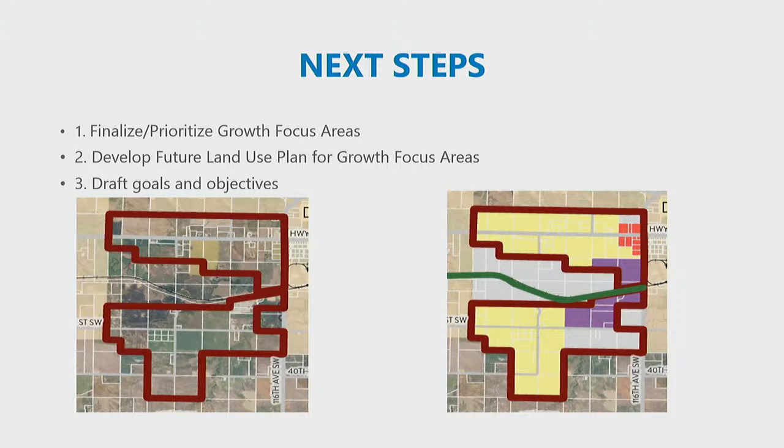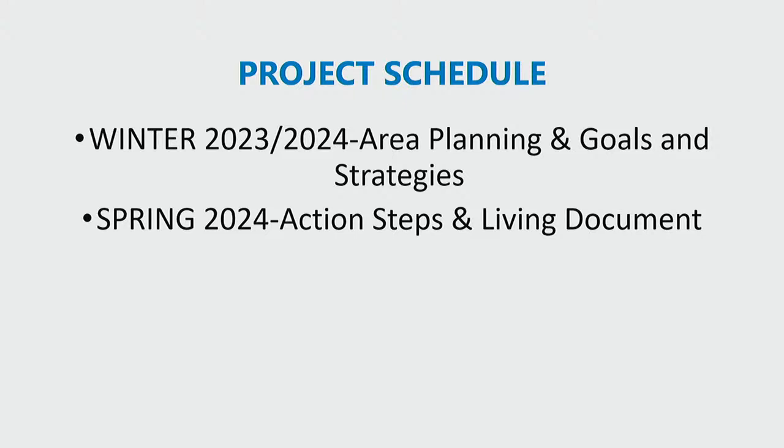These are the kinds of things that they're going to come up with as part of developing a future land use plan. And then the last slide is the project schedule. So during the winter of 23 and into 24, they're actually going to do area planning and goals and strategies. And then by spring of 2024, action steps, how to implement the plan, and then an actual living document that'll be presented to the public, to the Planning and Zoning Commission for public hearing, and ultimately approval by the